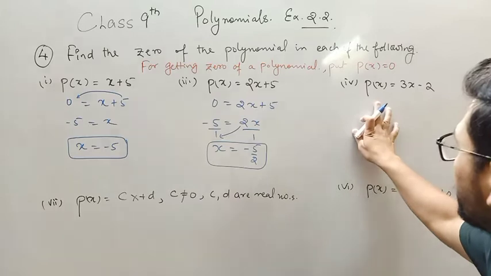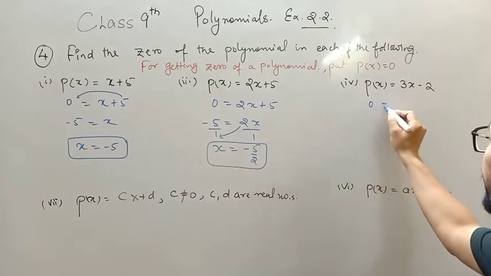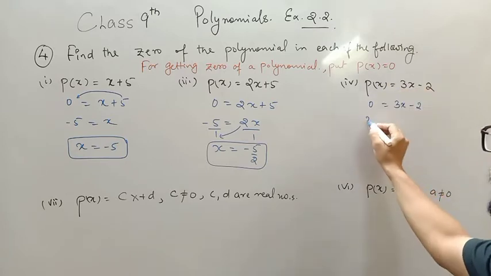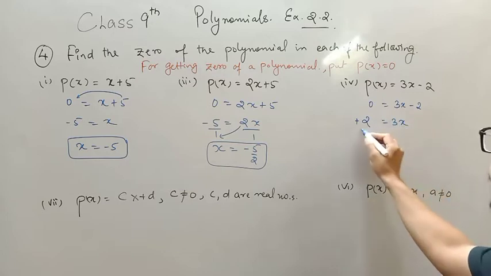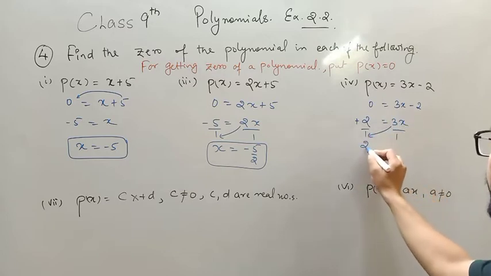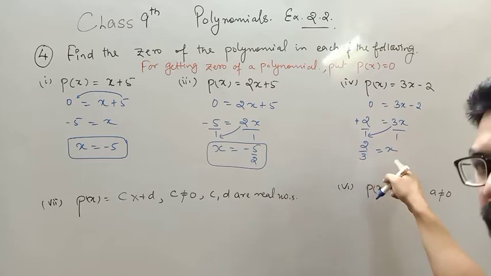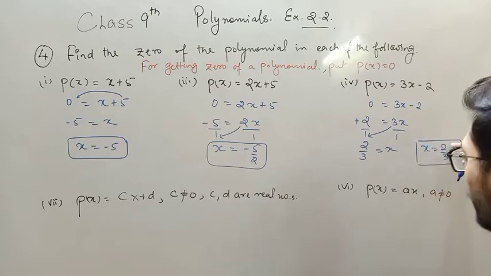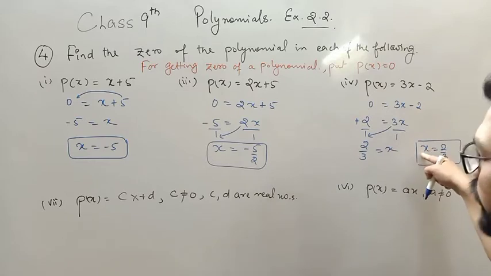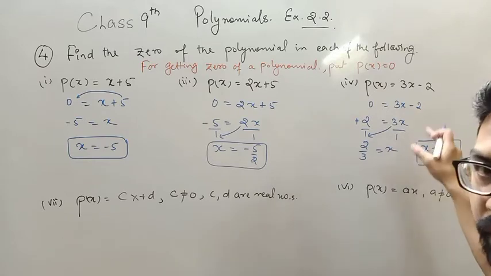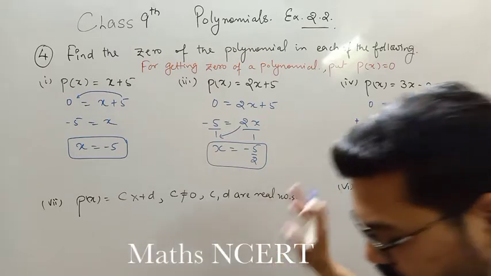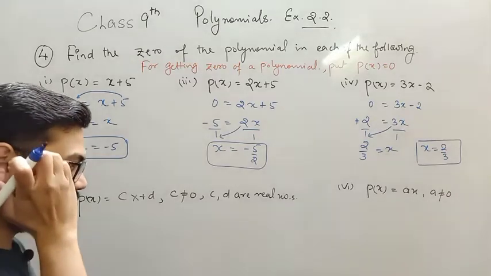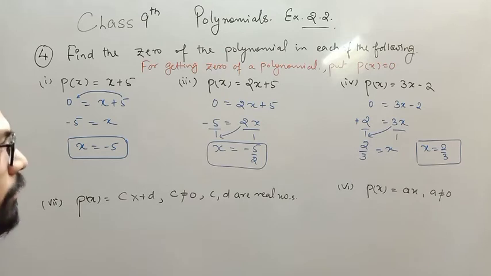Now see this question again. I put p(x) equals 0, that is 3x minus 2 equals 0. I just need to transpose 2 to the other side. What I'll get is 2 equals 3x. Now I just need to cross multiply these two values, 2 divided by 3. The correct representation is x equals 2 by 3, because 2 by 3 is known and x is unknown. That's why you always put the unknown value on the LHS and the known value on the RHS. This is a basic concept that you will also learn in higher classes, so no need to worry about it. I'm just giving you some additional points so that you can learn additional things also.